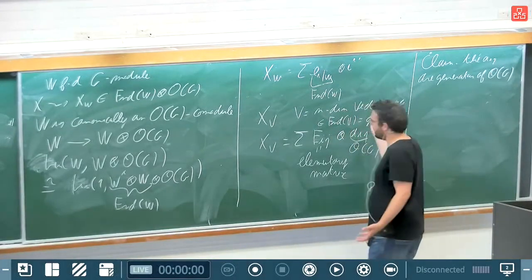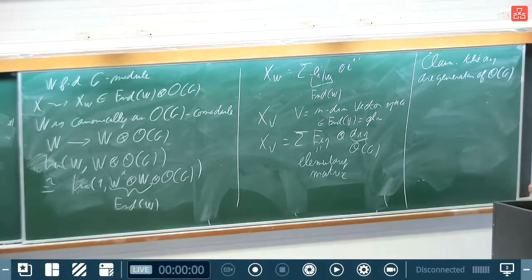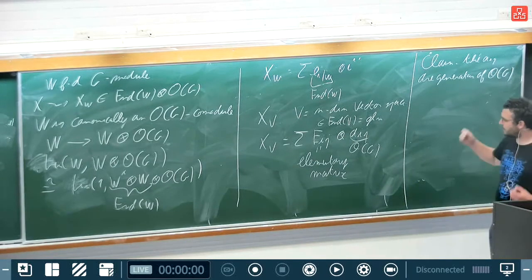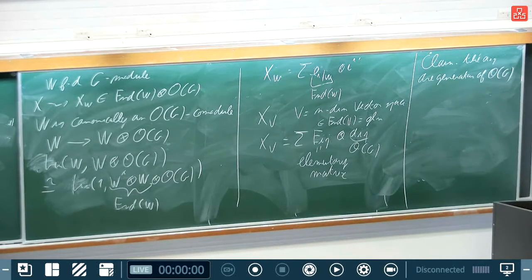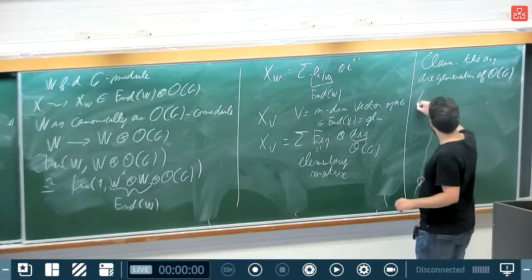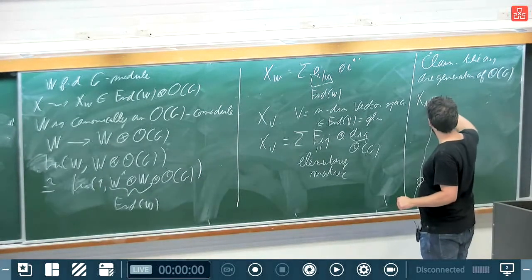Which is GLN in that case, because V is the n-dimensional representation. Anyway, so basically I want to write the fact that the Aij commute, but I want to write this in a funny way that will be useful in the quantum case. So I define